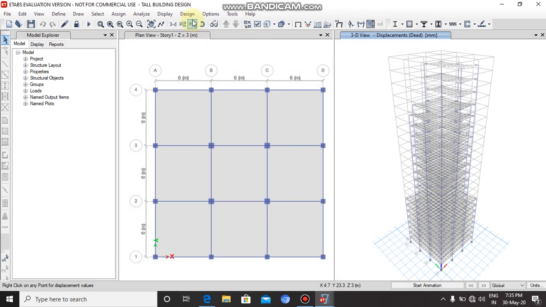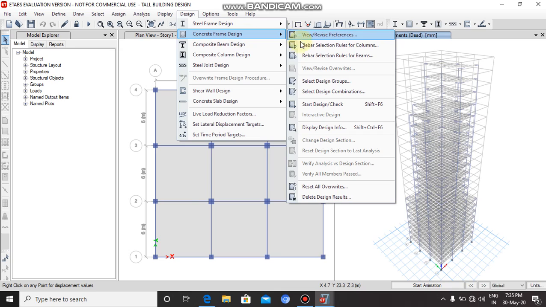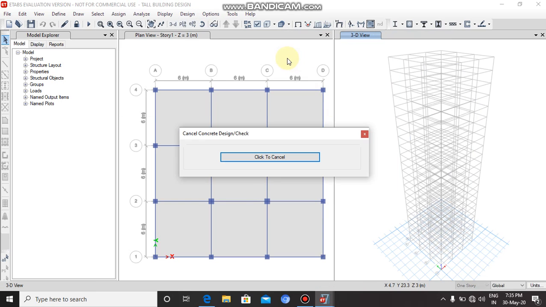Then again click on Design, Concrete Frame Design and then click on Start Design/Check. Now wait for some time as the software runs design on the building model.